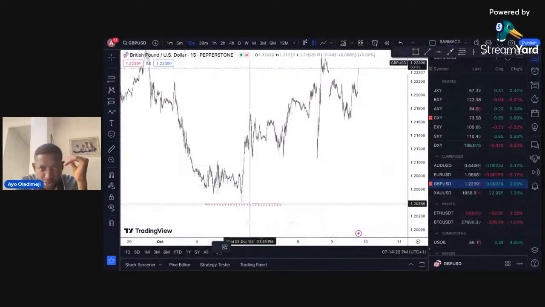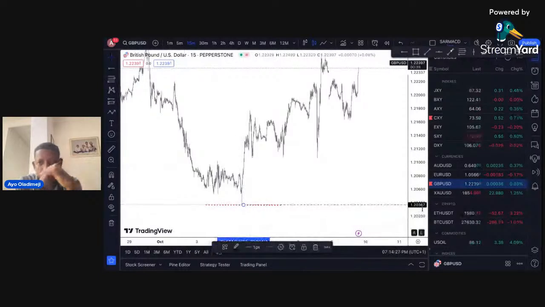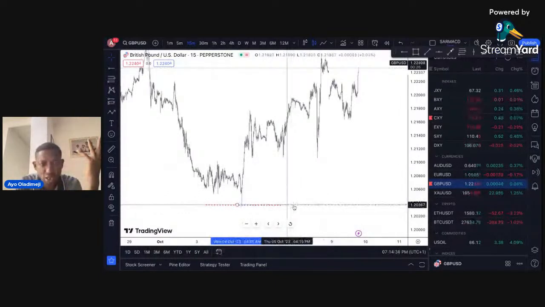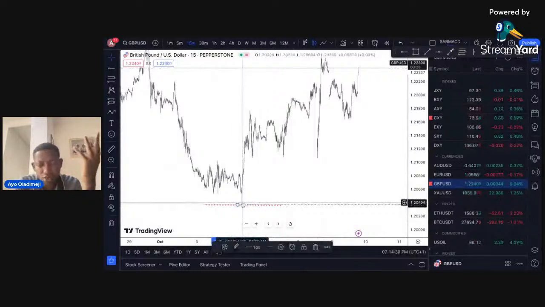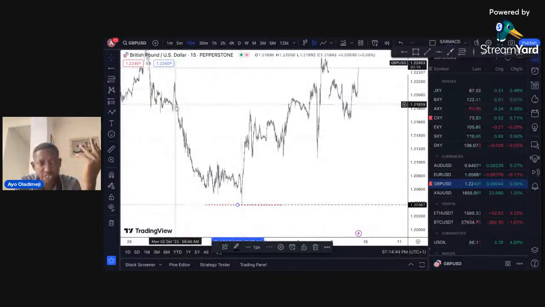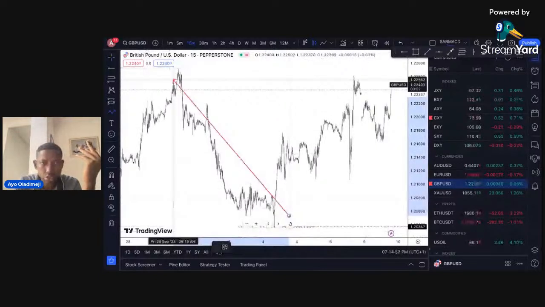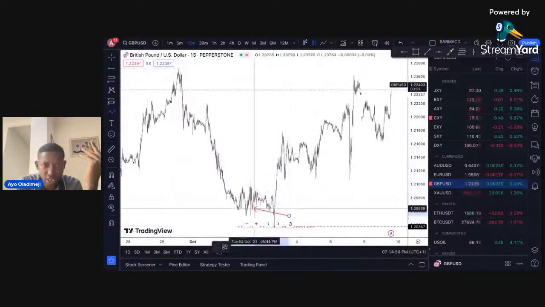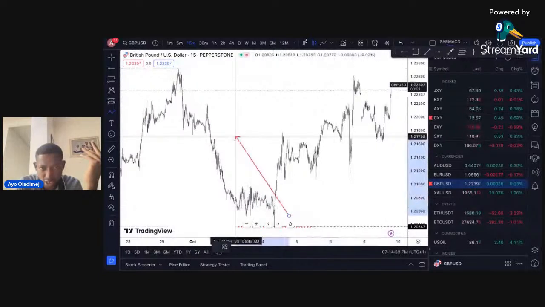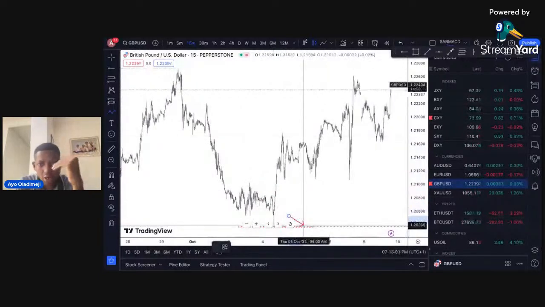And this price level is what? Let me check it. So this is like 1.2036 of pound USD. So at 1.2036, there is a resistance here. Why? I'm sorry, there is a support here because there was a reaction. So sellers were selling, and you can see price coming down. When it got here, it hit our support here at 1.2036, and then it started going up. Okay, it started going up.